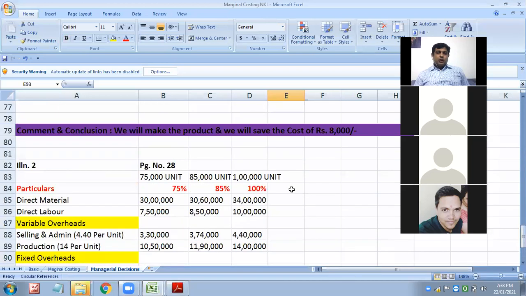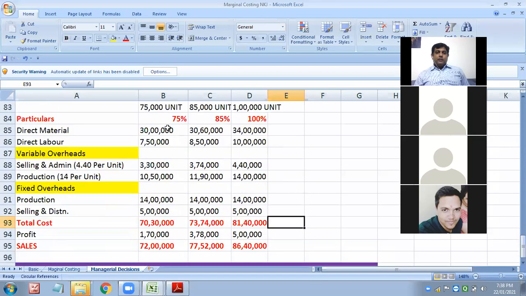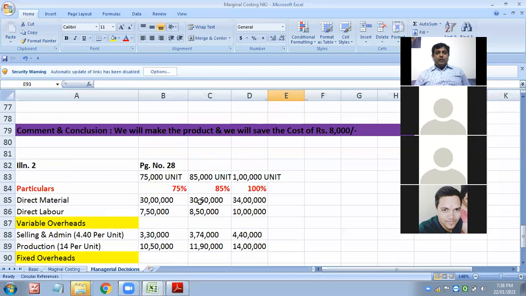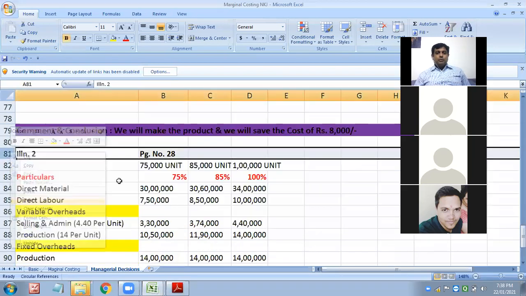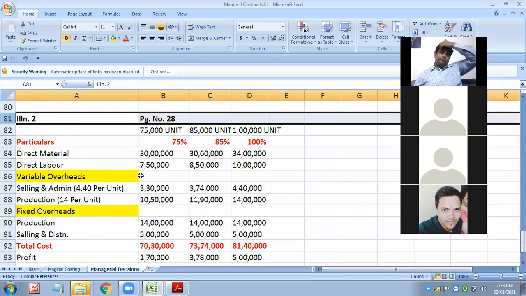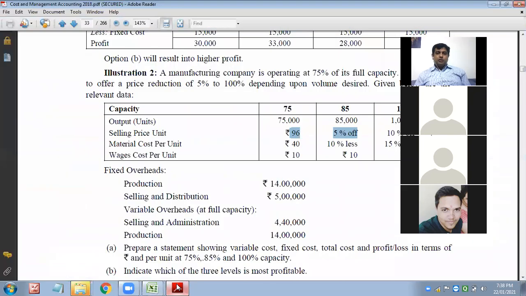So this question will give you a hint. If it is variable cost, how to make the adjustment, increase or decrease. If there is semi-variable cost, partly variable, partly fixed, how to go about it. If it is fixed cost, how to go about it. So why have I done this question? Because subsequent questions have a mixture of both. So it is important for us to have deliberation on this.